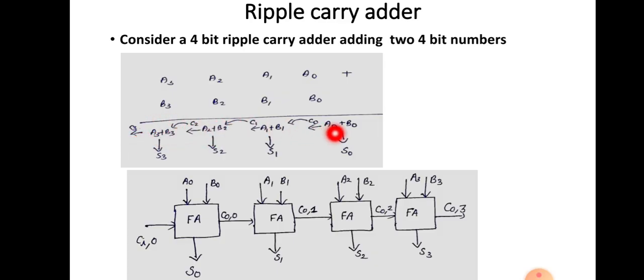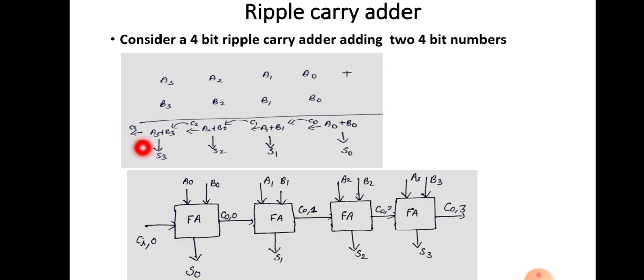That means the first carry should be propagated to the second stage, second carry should be propagated to the third stage, third carry should be propagated to the fourth stage, and the final carry is obtained here. So every stage has to wait for the previous carry. Okay. So if we want to get the last stage,